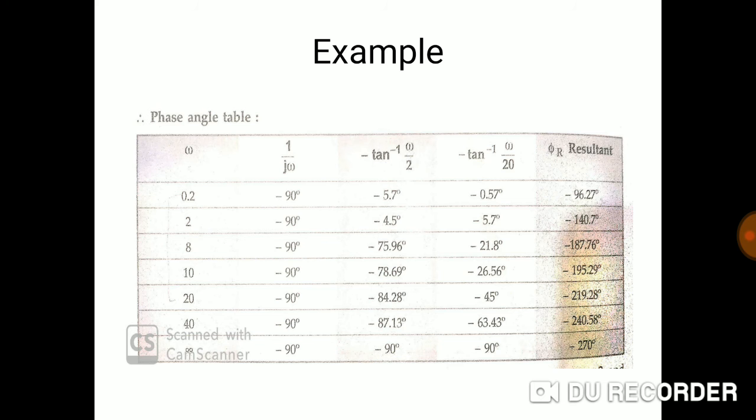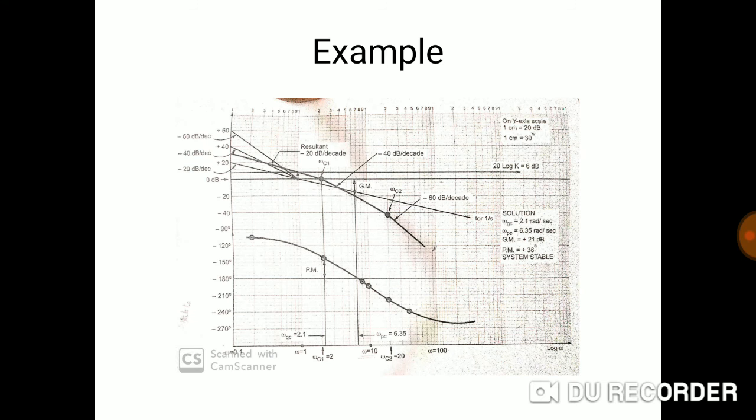Then minus tan inverse of omega by 2 means you have to put the omega value as 0.2. It means minus tan inverse of 0.2 divided by 2. By calculator you can calculate it as minus 5.7. Then for the resultant you have to add all these: minus 90 degrees plus minus 5.7 plus minus 0.57. The addition of that resultant is minus 96.27. In this way you have to prepare a table for the phase angle. And this is the final